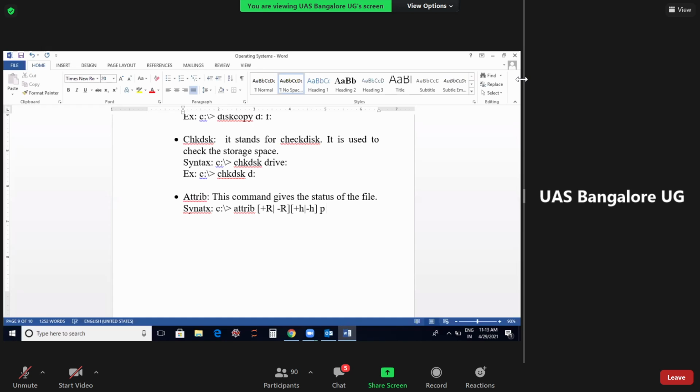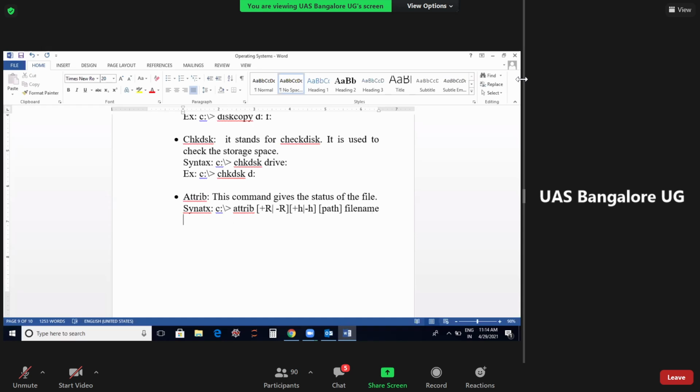Within this you have to write the path, that is, where it is, and the file name you have to mention.